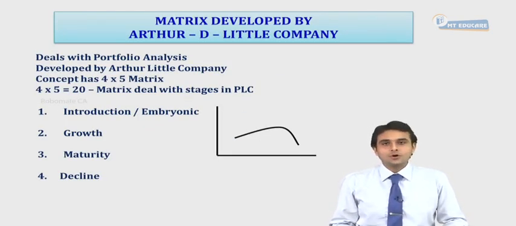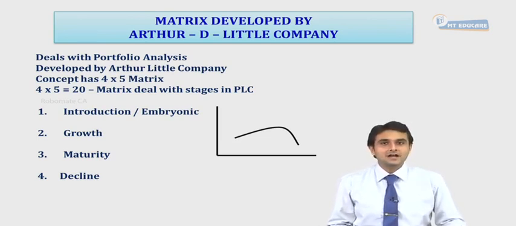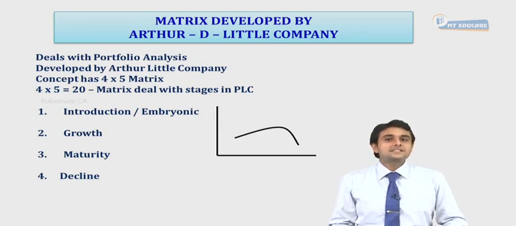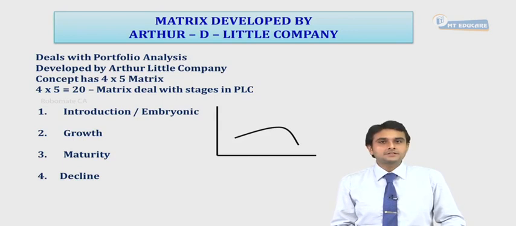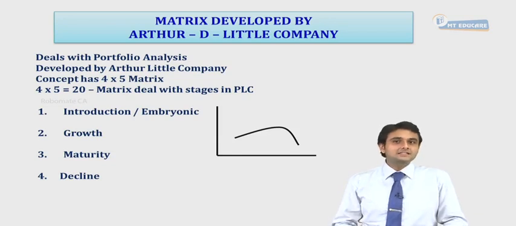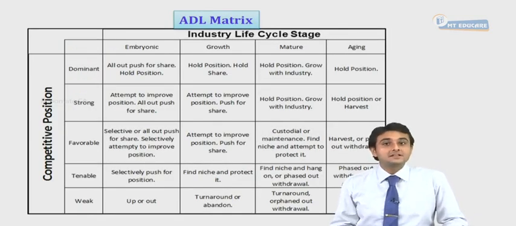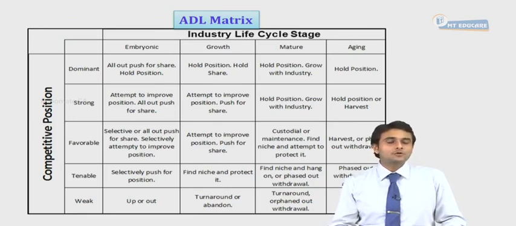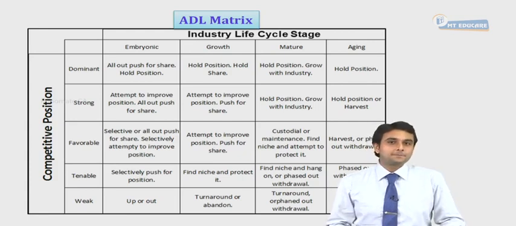Now, the next technique is called ADL matrix. Arthur D. Little is the name of a person who actually came up with this matrix, and the name of the organization is ADL. Now, this contains 4 stages which are similar to the 4 stages that we just understood in the product life cycle. The 4 stages here are the embryonic or the introduction stage, the growth stage, the maturity stage, and the decline stage. But these are stages of the industry maturity or the industry life cycle. As compared to the product life cycle, where those were the 4 stages of the product, here these are the 4 stages of the industry in which the business is functioning,